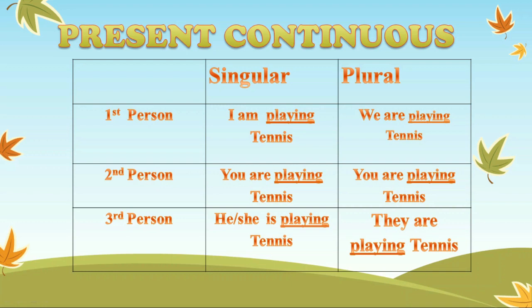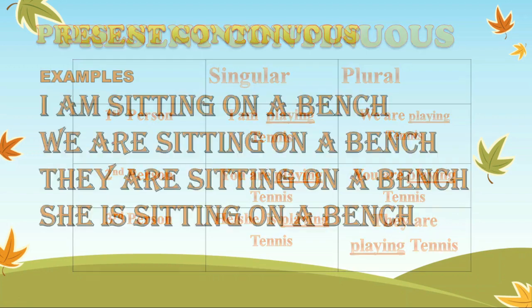And with the third person singular, we use is as helping verb. So, you can see here that the sentence becomes he is play plus ing. So, it becomes playing tennis. And in the third person plural, again it is the same. We have used are as a helping verb here. So, the only change which we have noticed here is that in the third person singular, we are using is as helping verb. And why we are using is because this is a singular number. So, we all know that with a singular number is used, and with the plural number we use are as a helping verb. Now, let's see some examples here.